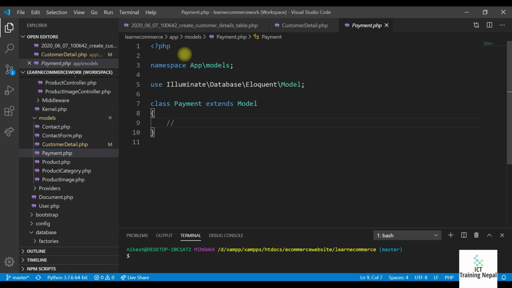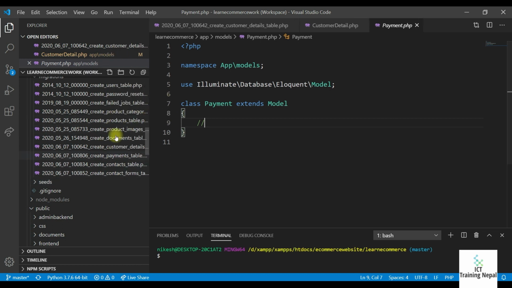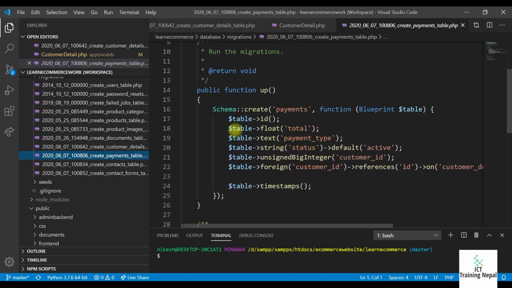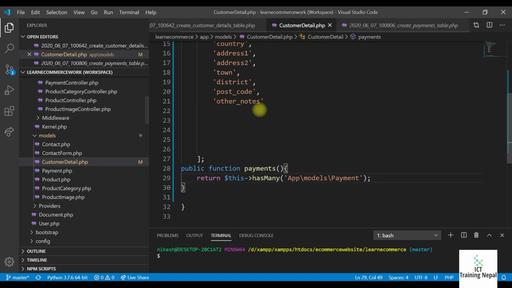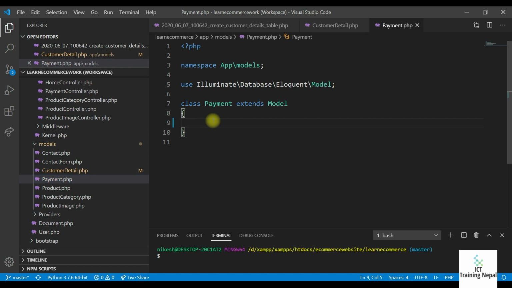And what I'm going to do is the same thing in the payment. So let's go and see the table of the payments also. So payment table here, total, with a nil status. So status also we need: total, payment type, and customer ID. Okay, only the four things: total, payment type, customer ID, and status. So we have protected fillable equal to